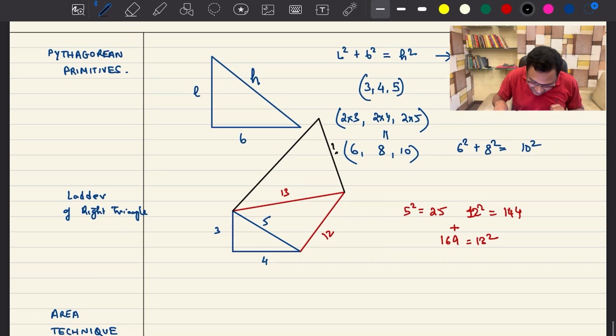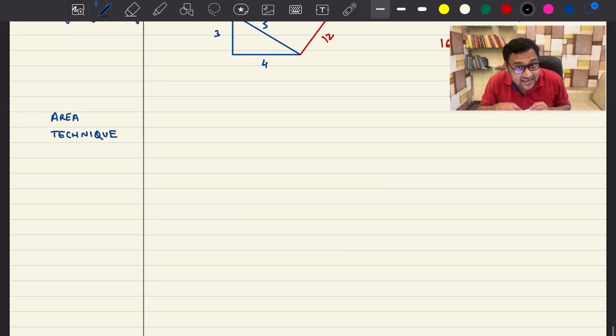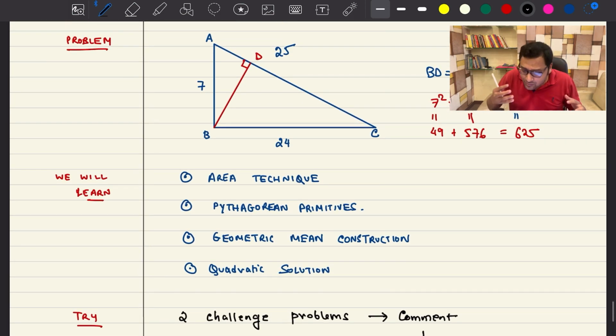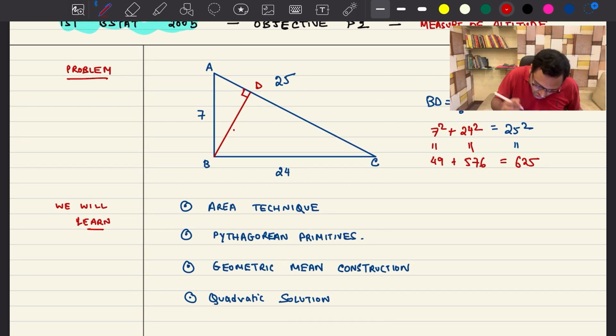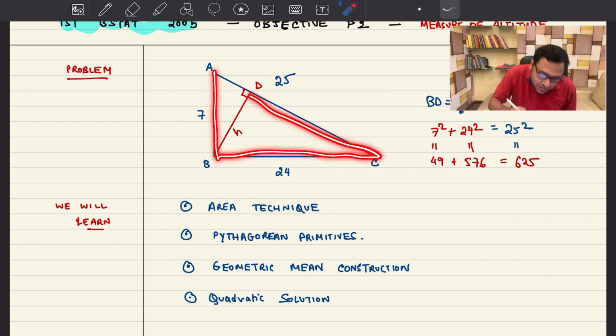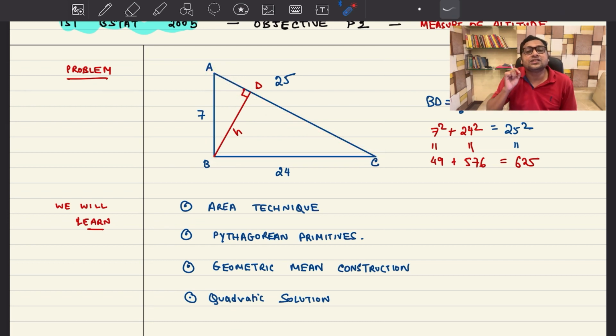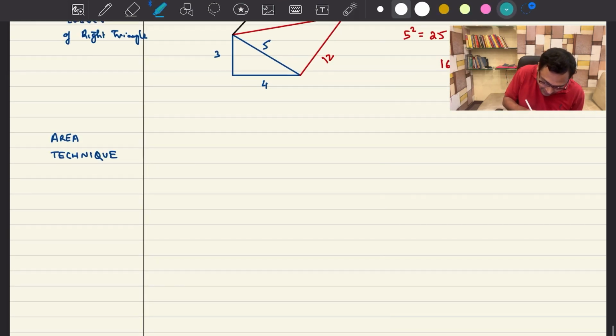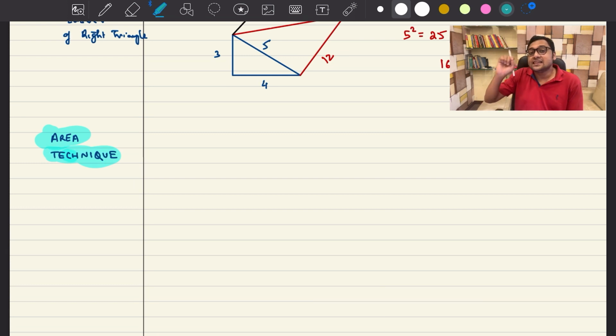Now, let's go to the area technique, because we want to solve this problem. And as I told you, it's a very simple problem. You just take the height BD as h, then the area of this triangle, you calculate it in 2 different ways. That is what the area technique is. This is obviously very easy in this particular problem, but in other problems it can be a little bit more twisted. But the general strategy is